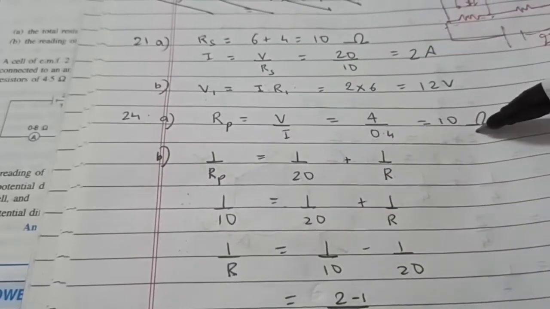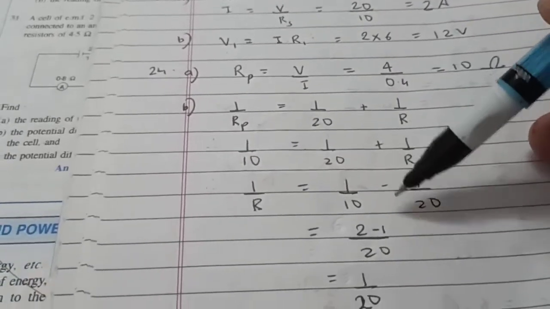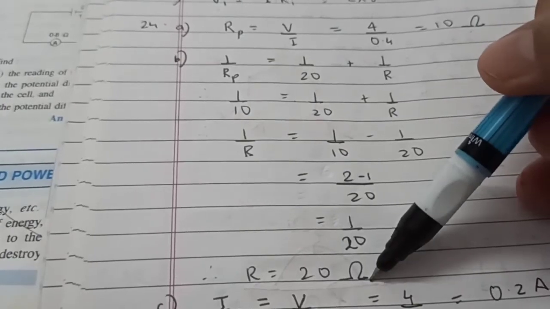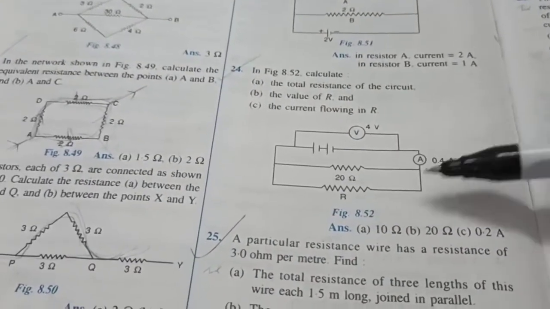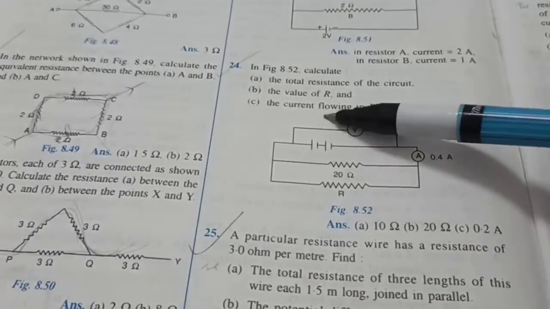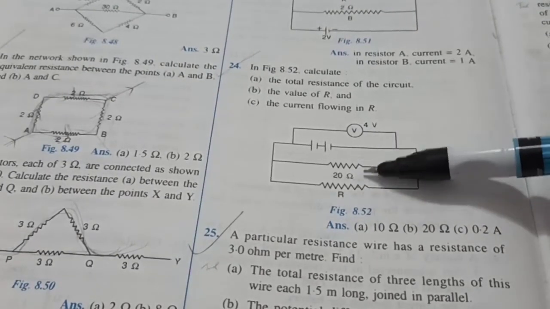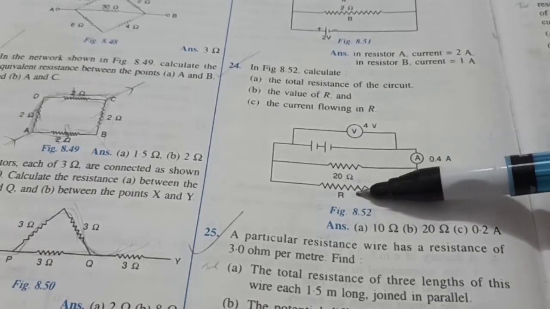Since we just found out the resistance in parallel, RP, we can take the LCM and do the reciprocal, so we find the total resistance to be 20 ohm. Interesting, same as this one. So I think the current will also be equally split now. So what is the current flowing in R? As I said, I think it will be equally splitting, so it will be 0.2 ampere, 0.2 ampere, but